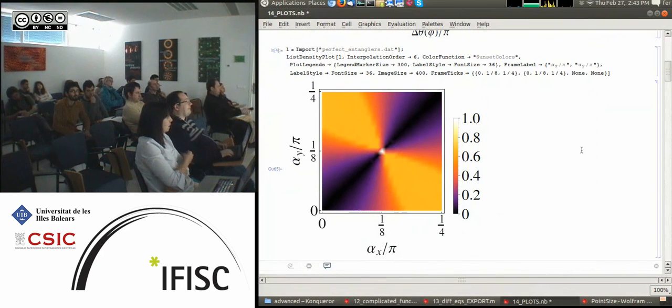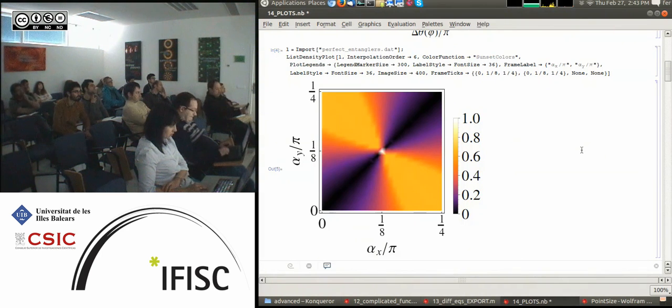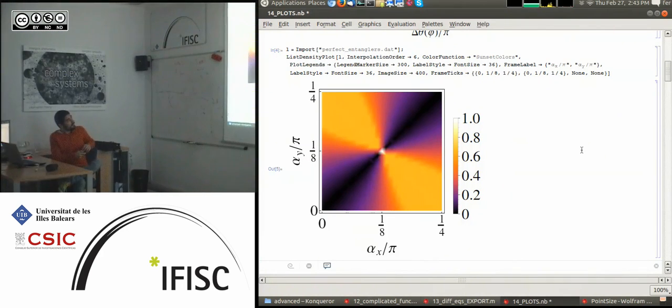Okay, now I want to plot a legend, which is this thing. This is done with PlotLegends, which includes all these brackets. Legend marker size 300, supposed to be the size of this, with this label style, which has 36 for a font size. Then, as before, frame labels, so alpha x with 36 of font size, total image size 400, and